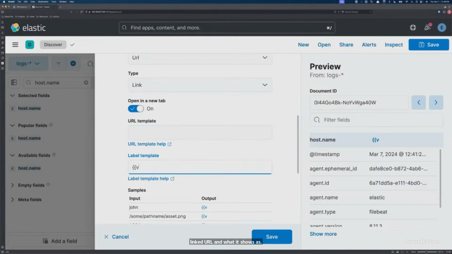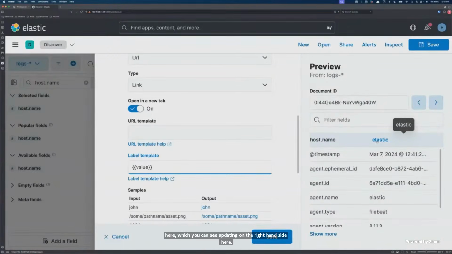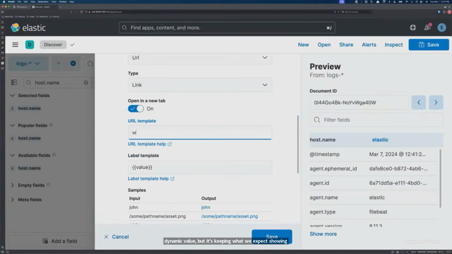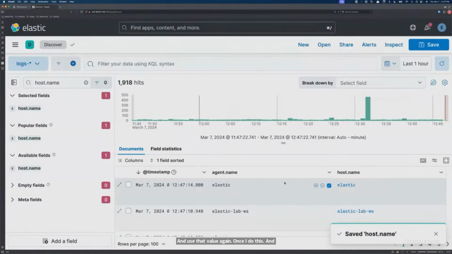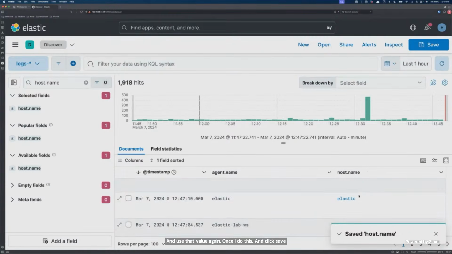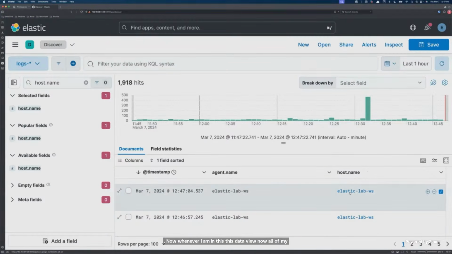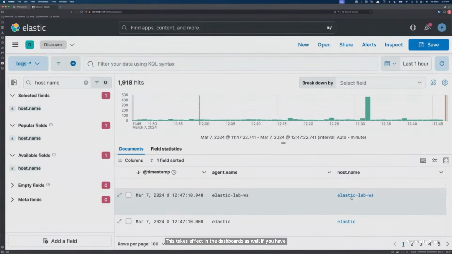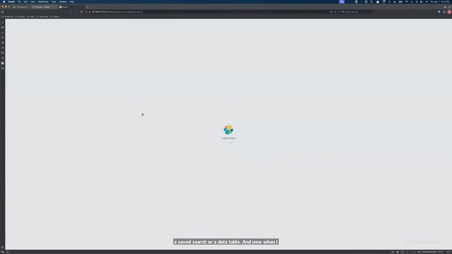So more than likely, we're going to want to put value in here, which you can see updating on the right-hand side, it's keeping what we expect showing here. And then I can put in a template and use that value again. Once I do this and click save, now whenever I am in this data view, all of my host names are linked. This takes effect in the dashboards as well if you have a saved search or a data table. And now when I click this link, oh,